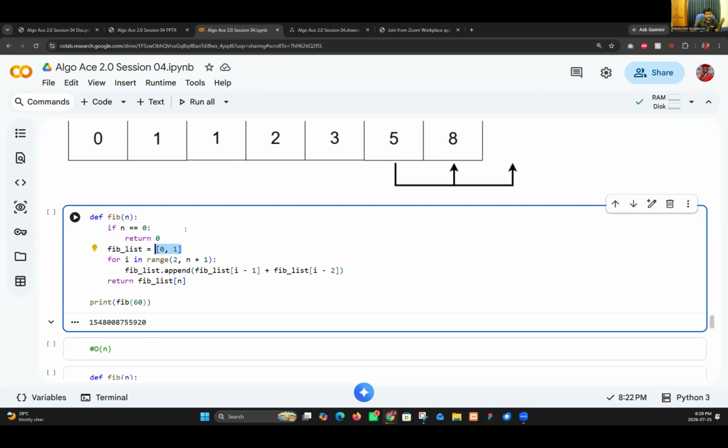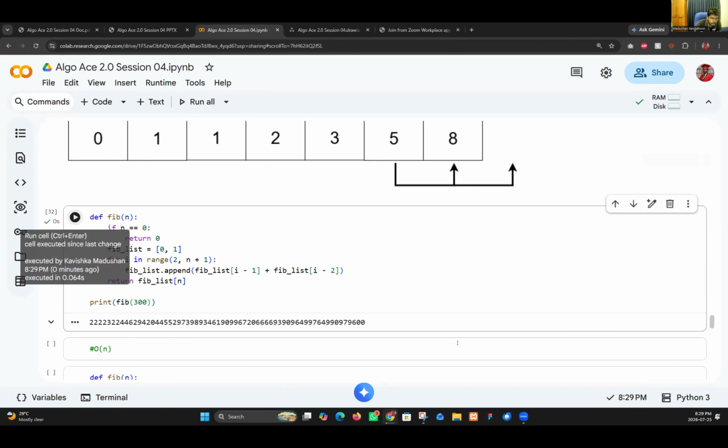So there is some sort of difference from the previous one. For the previous one, we tried typing, I think 300. Definitely we can get it to there too.